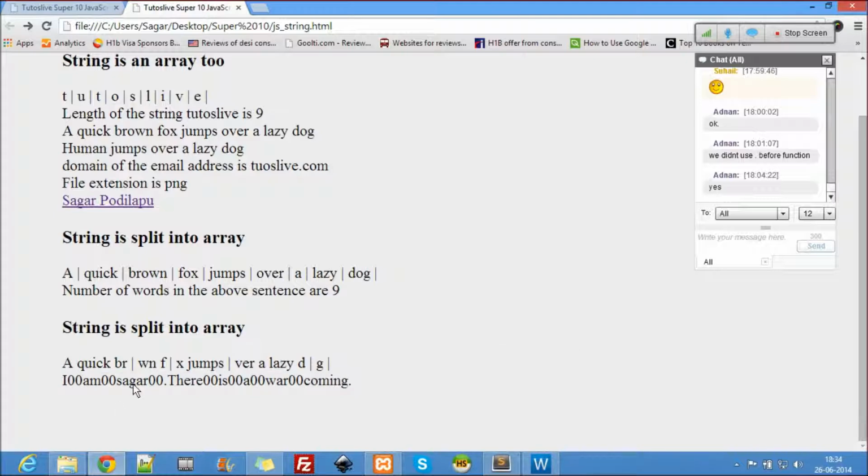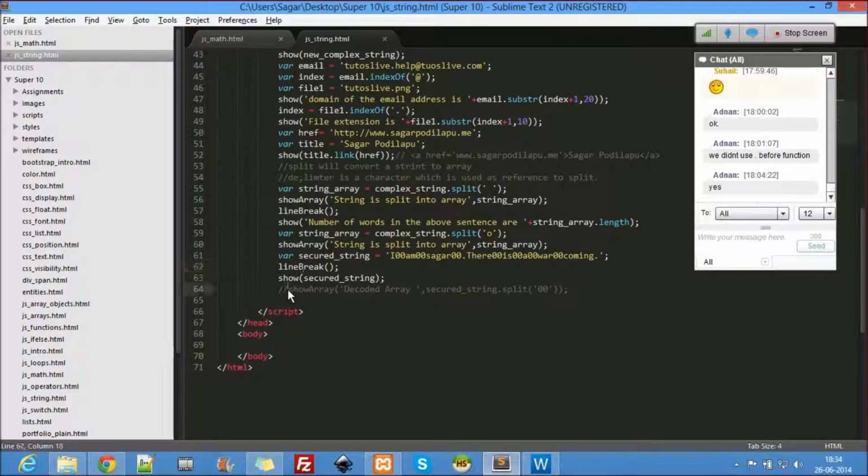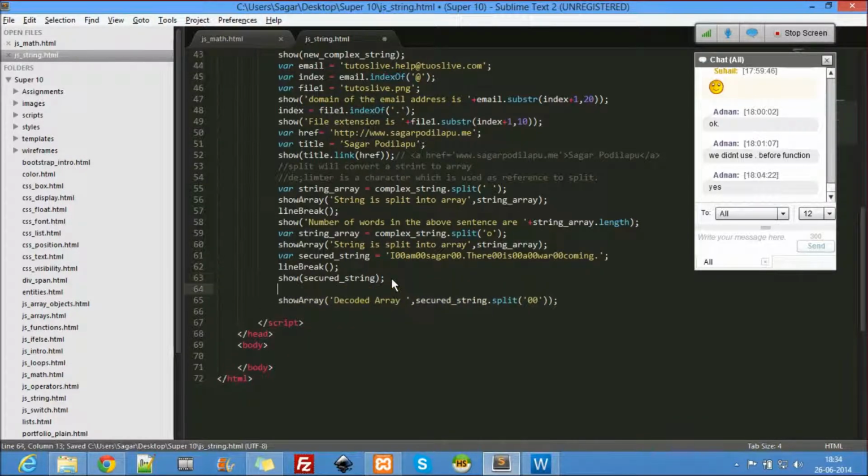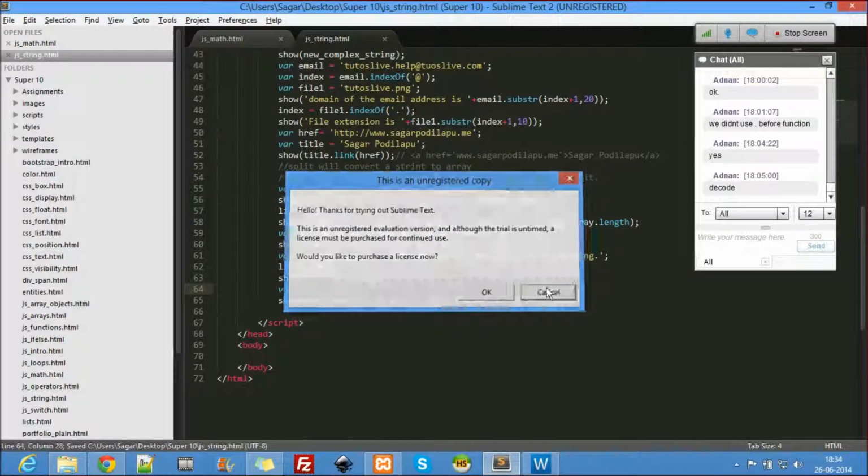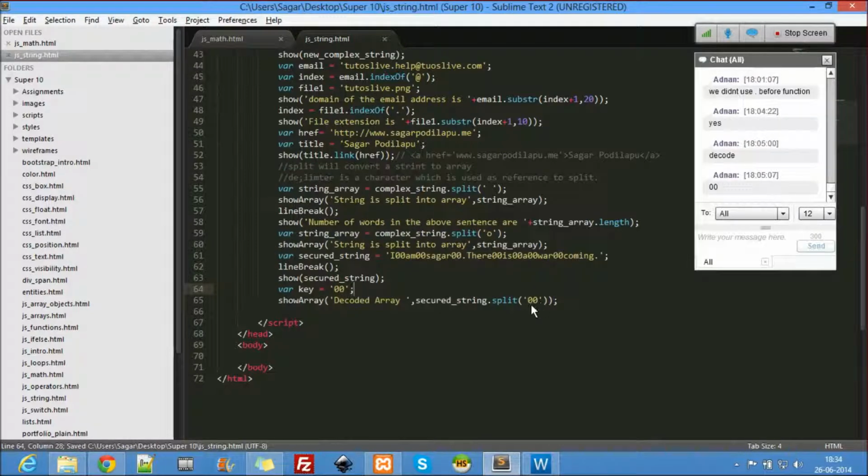I mean, it's not secure, but still, just to give an example that no one can read it, let's say. So what I do here is I know the key. What is the key here? The key is 0 0. If you can see it, the key is 0 0, right?